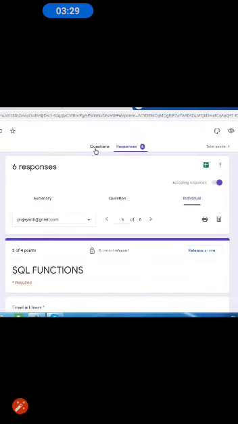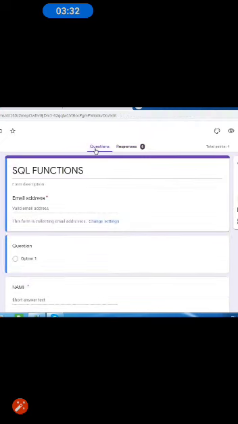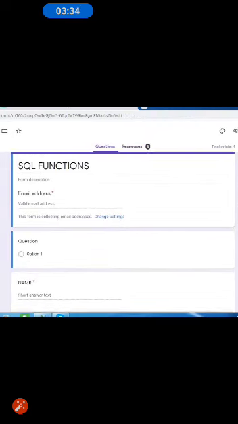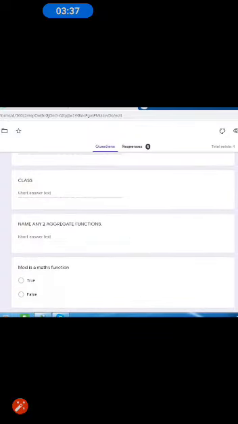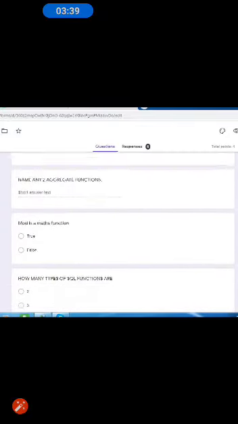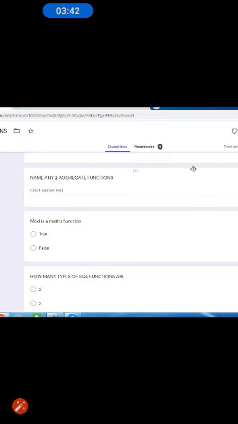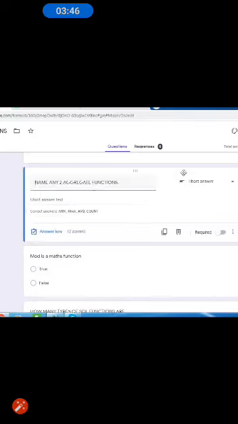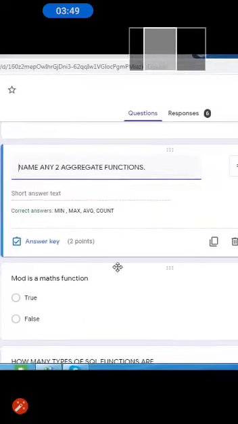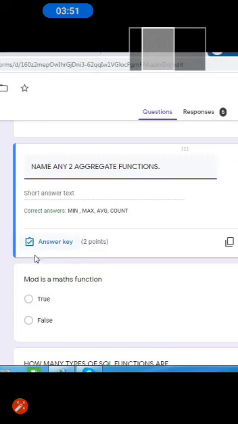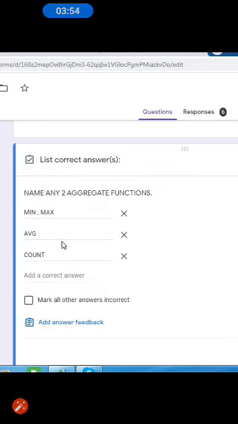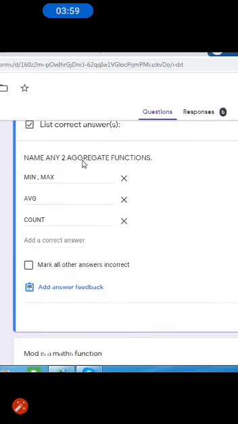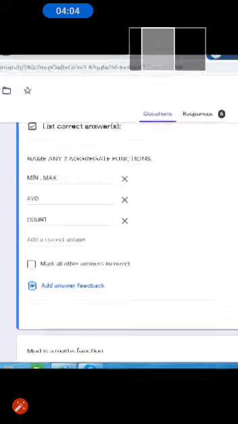Next, let's move to the questions part and let us see one more feature of Google Forms. Say we move to a particular question, we click on that particular question and we can see here the answer key, because when a question paper is in the form of a quiz and answer keys are provided, then only can we match whether the student has correctly answered.